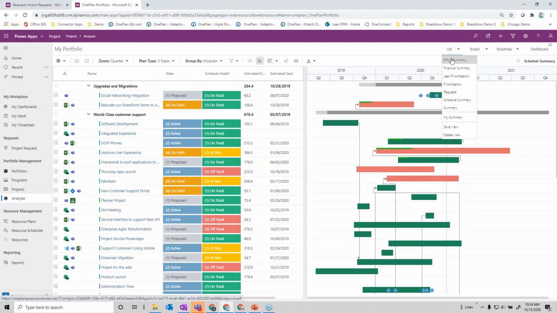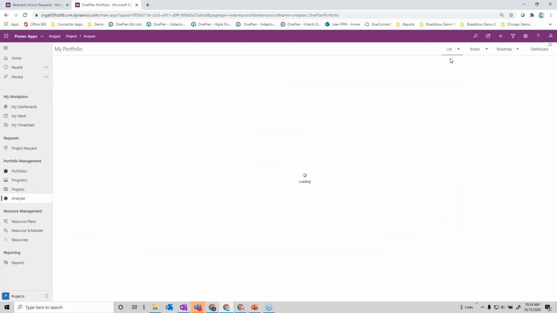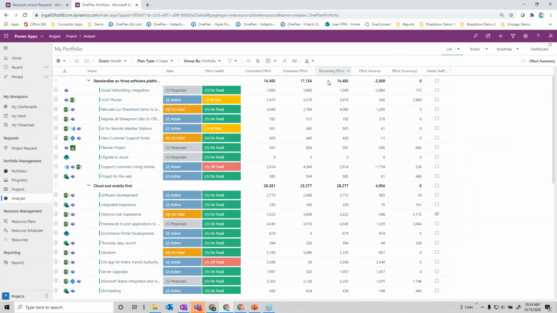So these are all capabilities that people always are asking us for, to be able to have it all in one place. Here's the effort hours and the variances on those and whether we're on track or not from a resource utilization perspective, or whether or not we want to use some prioritization method, whether it's more traditional, more business driver-based